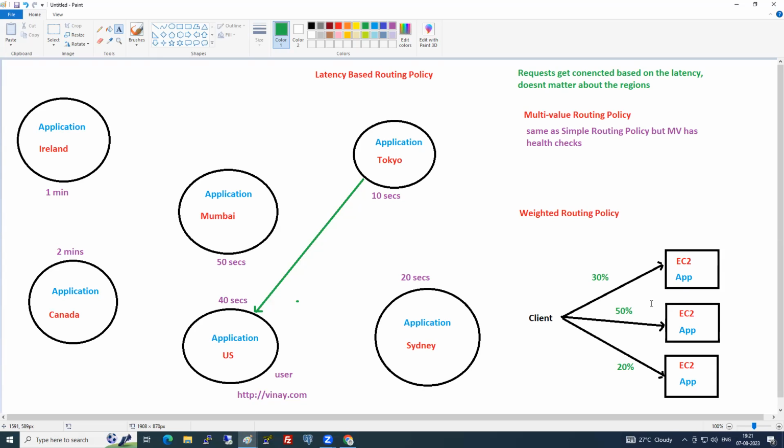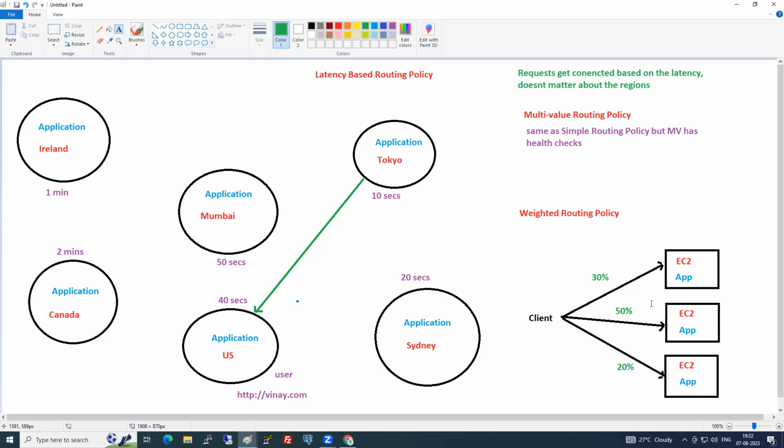That is completely different. While configuring Route 53, I'll say that 50% of the traffic should be sent to the load balancer, and the rest you can send to another load balancer. Here is the configuration. And it's not round robin? No. Is it clear, everyone? Easy Route 53? Yes or no?